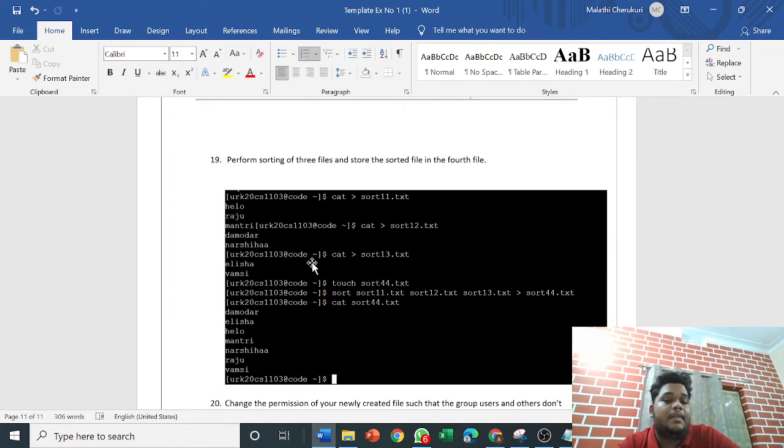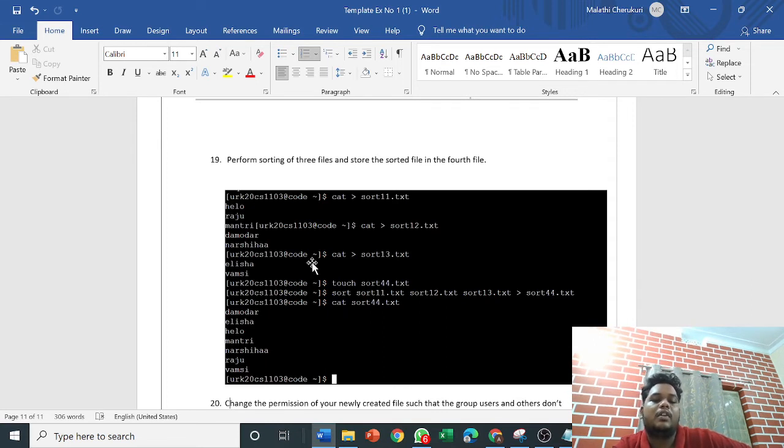In that file I've added hello and Raju, basically to test that I've given different names. Then the second file is short12. I've given the names Damodar and Narasimha, and short13 I've given names as well.